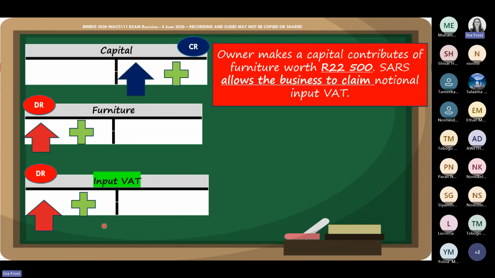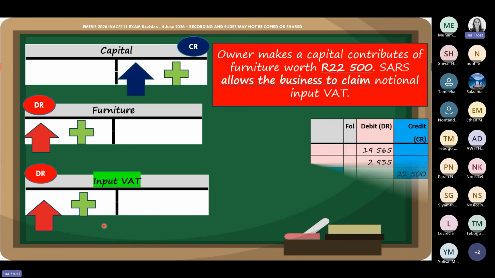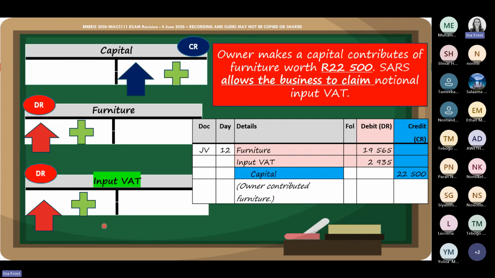Now that we have a clear picture in our mind of, A, which accounts are involved, and B, whether we need to debit or credit these accounts, all that is left for us now is to write that down in the format of the general journal entry. I'm literally just going to copy over into the general journal what I can see on the left-hand side of my screen. And what can I see? I can see I'm going to debit furniture.